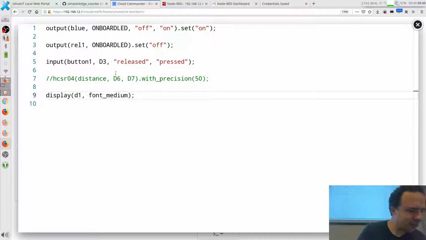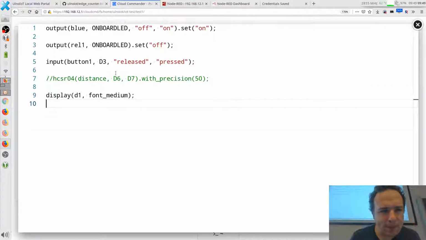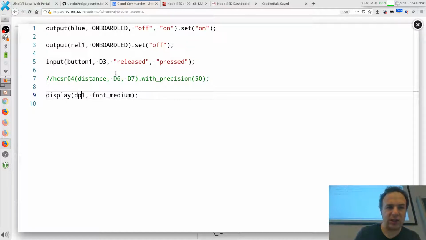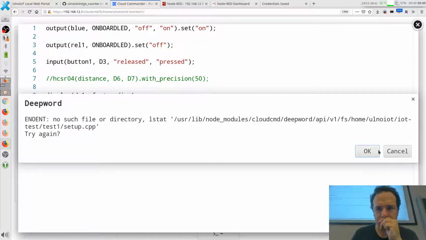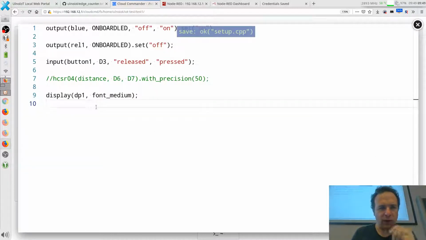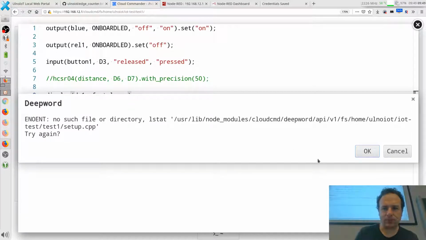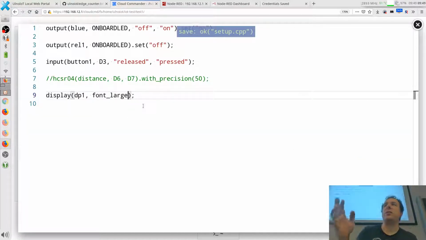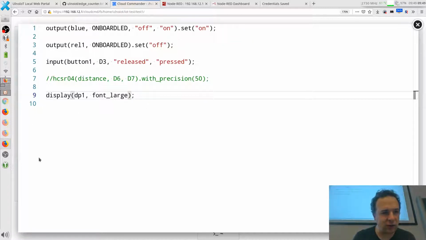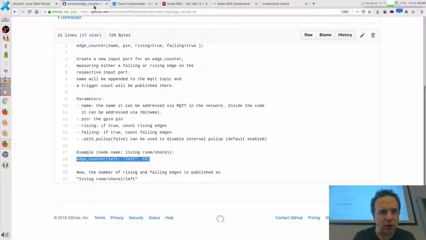and this is all you need to do. So this is just a display name. D1, so we can call it DP1 for display 1. Now let's do font large, because else you guys will not see anything. So it's another display. You guys don't have this display, you have the 8. So if you look here at the manual again,